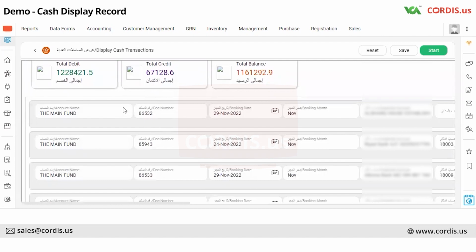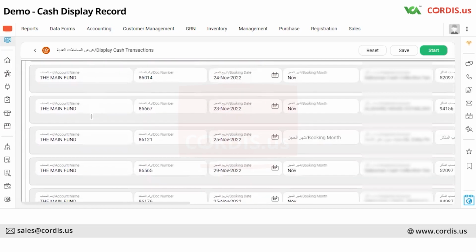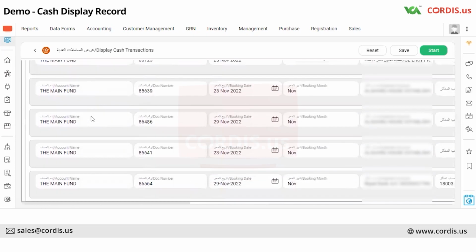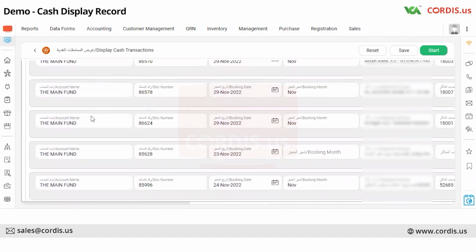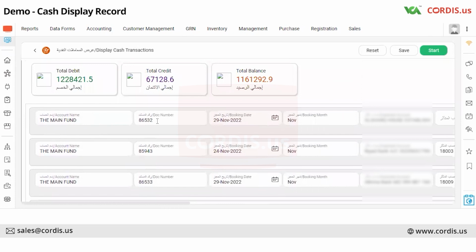We can see all the transactions here. You can see all the cash transactions here. Account name, document number, booking date, booking month, impacted account,